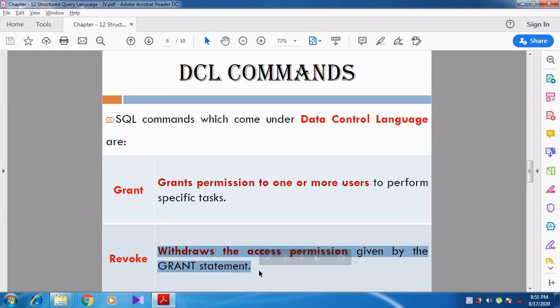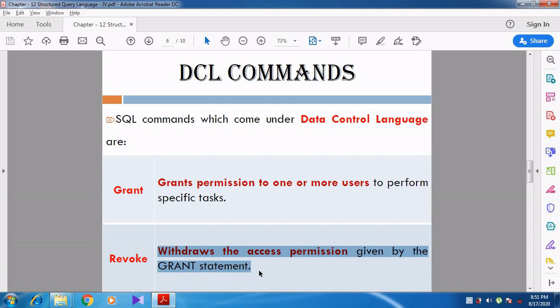The operations allowed for the user will be withdrawn, so that the user is not able to access the database table, insert the data, or delete the data in the table.